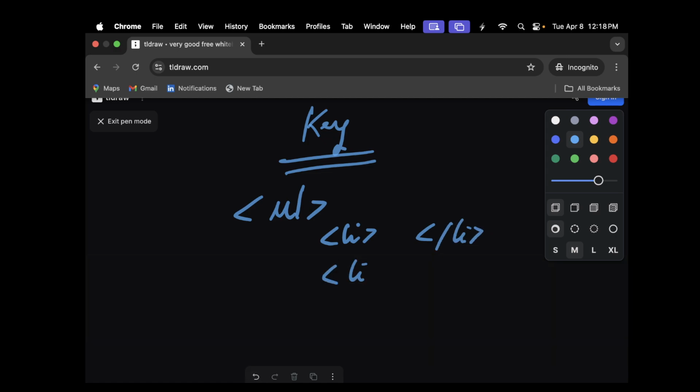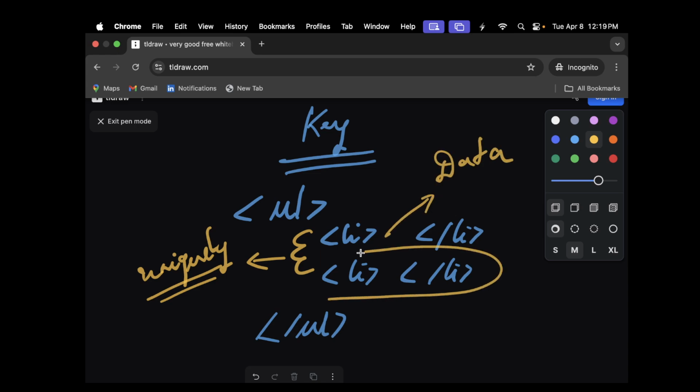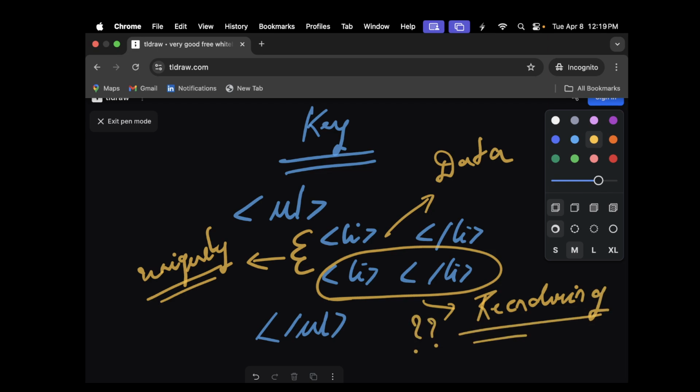Suppose we have list items, right? There should be some unique identification, some mechanism by which we should be able to uniquely identify each one. Now, what if only the data in this item is changing? Then why should we re-render this, right? Why should this undergo re-rendering? That is not a very good process. We should only re-render that part of the data